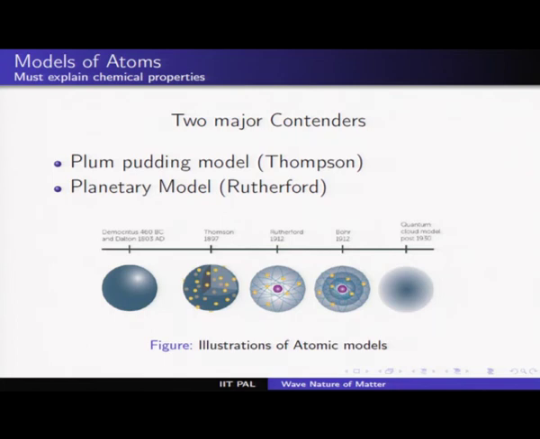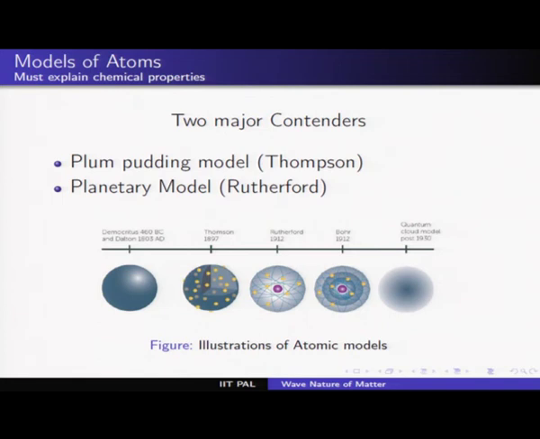Today we know there is a serious problem with this kind of a picture, because when you study electrodynamics in your next year, when you go for engineering or pure sciences, you will see that it is impossible to have a stable equilibrium by static charges. An atom would not be stable, it will come apart. Even the slightest disturbance would actually break away the atom. At that point they did not worry too much, or probably Thomson imagined these electrons are all going round and round in an atom or whatever. So this was the picture.